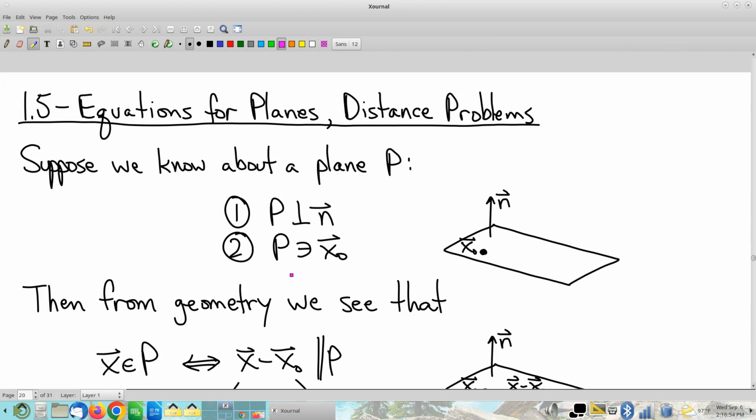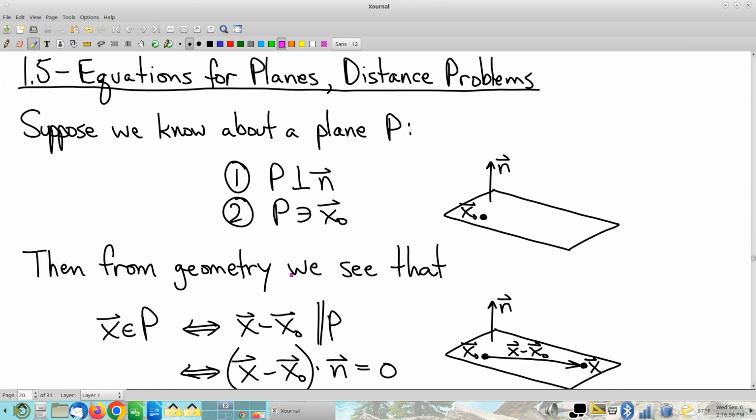Section 1.5. Now we're talking about equations for planes and that sort of thing. So here's a plane. And how would I write the equation for it? Now, what plane is that? I can't just wave my hands and say, well, that one. If I'm going to tell you what the plane is and ask for a precise equation for it, I need